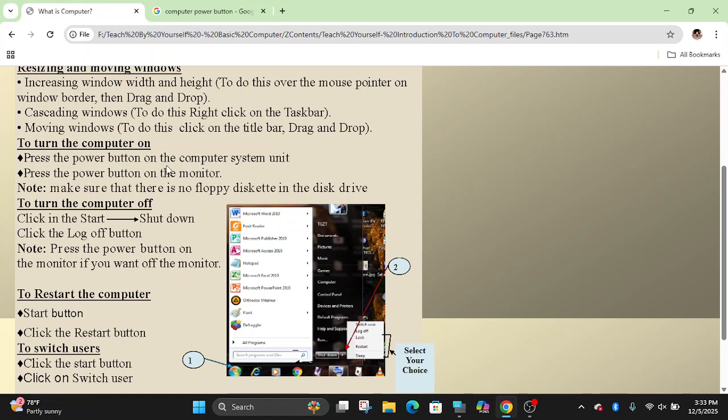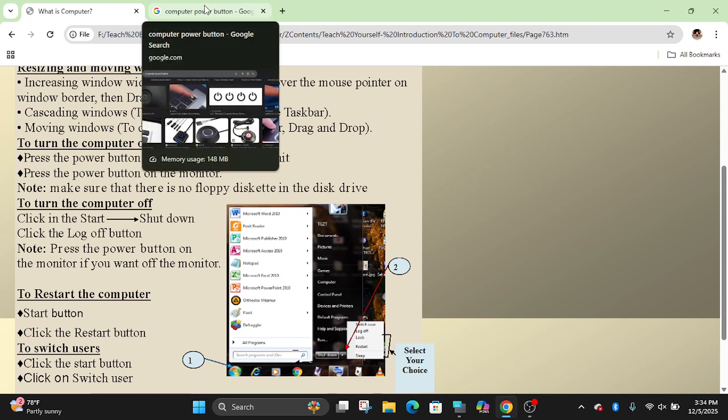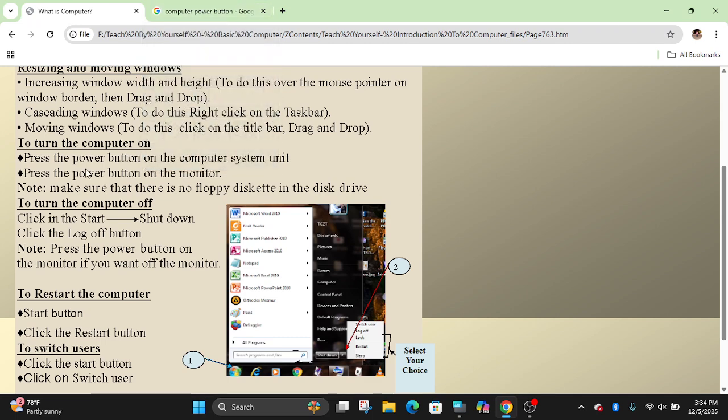Laptop computers have attached parts: the monitor, the keyboard and the mouse are attached together, and the power button is on the system unit, below the screen. In desktop computers, the power button is found on the system unit. We have to properly turn on and off. In the case of desktop computers, the screen or the monitor, we have to leave it.